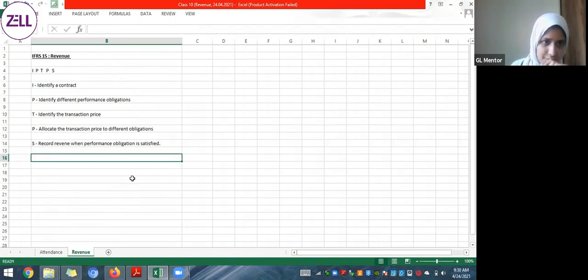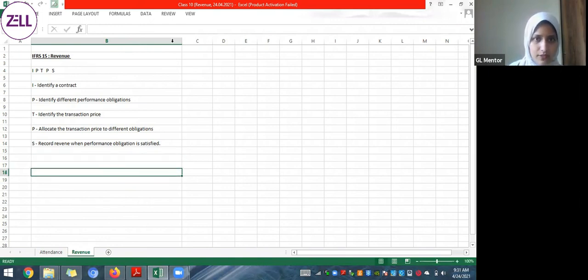Now in these 5 steps, within each step also there could be certain variations, there could be various cases. That's what IFRS 15 is trying to cover: if various cases are encountered in the real world, how do you account for them? Prescriptive approach. For everything there is a rule given. Okay, so you all can make a note of this, then we'll proceed.